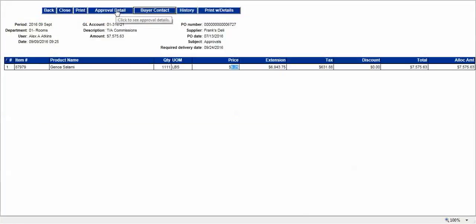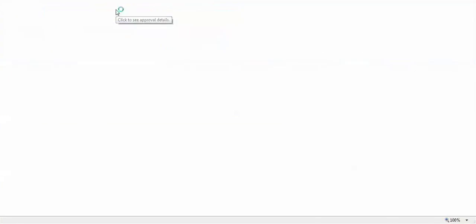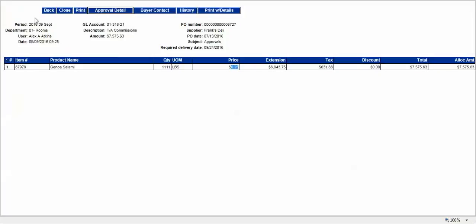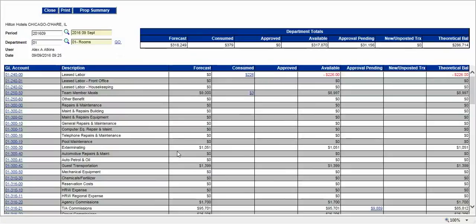You can look at the approval details, wondering who approved this, or if it has been approved. You can see Ann in Finance has approved it, and we're waiting on Pat to approve it a little bit further. From here, we can hit the back button twice, and it will take us back to our checkbook. Now, if you go into the Consumed section, the salami was in the approval pending status, but if we go to